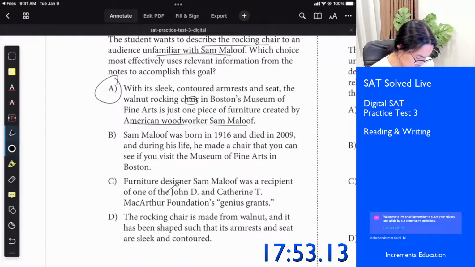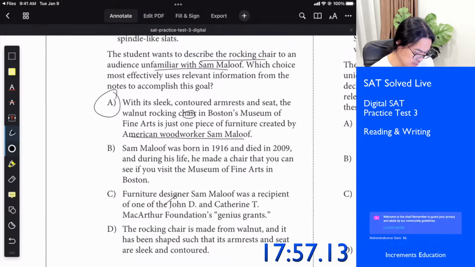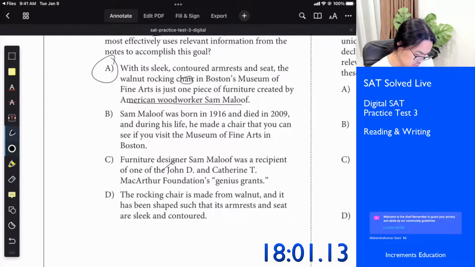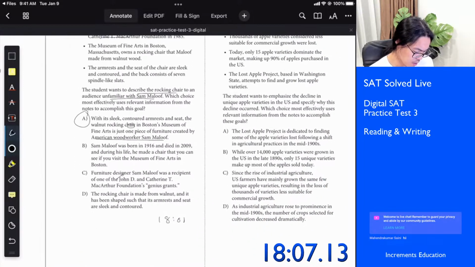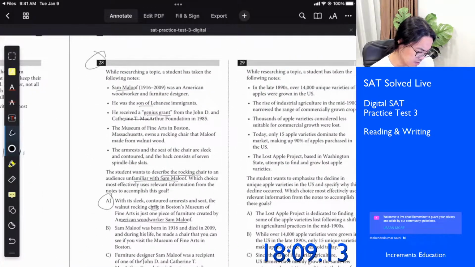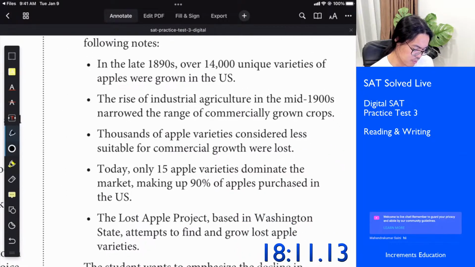Wait. I mean, it can't be D. That'd be insane. Just completely ignore it. Just completely ignore Sam Malouf. That'd be very weird. I mean, I guess I could come back to this, but because my brain is mush,